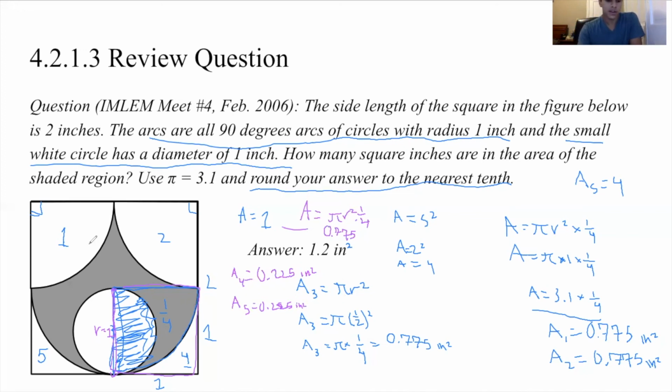All right, so now our final job is to use these numbers that we came up with, right? Because we found the area of unshaded regions 1, 2, 3, 4, and 5. And I'm actually going to just erase some of this stuff here so it's easier to see. So we found the area of unshaded regions 1 through 5, and we know that the area of the big